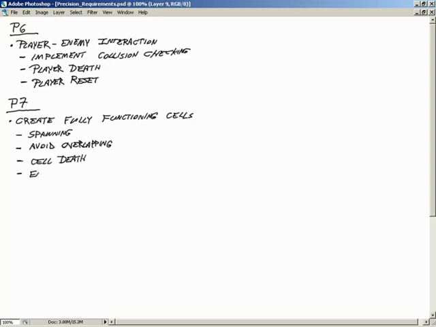So we'll actually need a control system so that we can attempt to place the cell over and over again, but avoid the possibility of an infinite loop in case a cell simply can't be placed. If there's so many cells on the screen that there is no free spot, we don't want the game to lock up in that case. Right. So we both need to do some checking, but be careful not to get into an infinite loop scenario. Exactly. So okay. Once we've got that, we'll have cells properly placed on the screen,